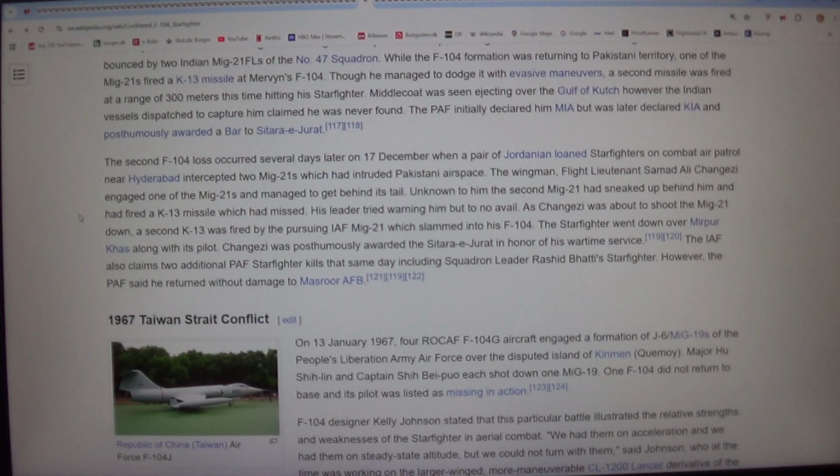The second F-104 loss occurred several days later on the 17th of December when a pair of Starfighters on combat air patrol near Hyderabad intercepted two MiG-21s which had intruded into Pakistani airspace. The wingman, Flight Lieutenant Samad Ali Changezi, engaged one of the MiG-21s and managed to get behind its tail. Unknown to him, the second MiG-21 had sneaked up behind him and had fired a K-13 missile which had missed. His leader tried warning him but to no avail. As Changezi was about to shoot the MiG-21 down, a second K-13